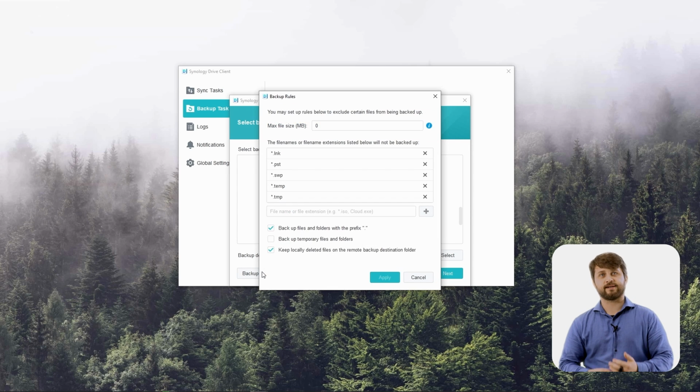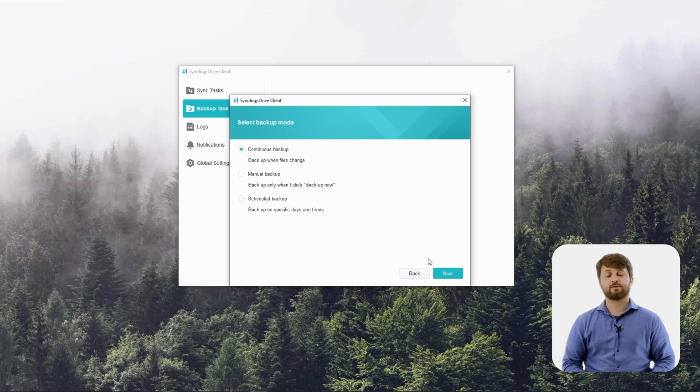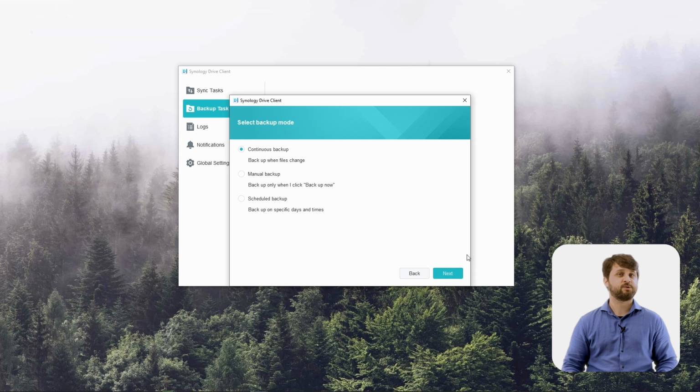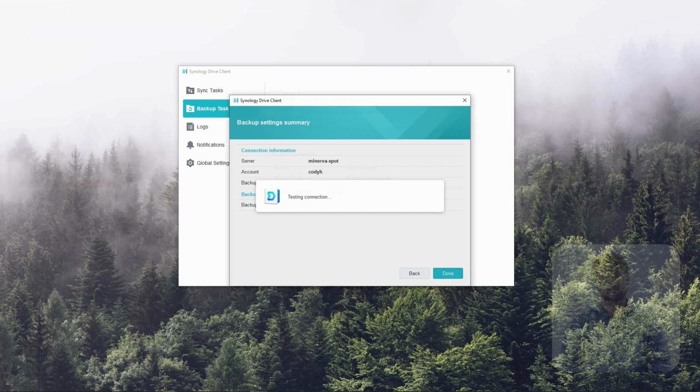You can also restrict what files are actually backed up in this backup task if you wanted to, but for most people, you can just leave it at default. When we hit next, we can select what backup mode we want, either manual backup, scheduled backup, or even continuous. We're going to leave it on continuous since we set this all up with QuickConnect, so we can back it up continuously from anywhere now. So now we're going to let this backup run for just a few minutes here and be back in just a moment to show you that restore process.